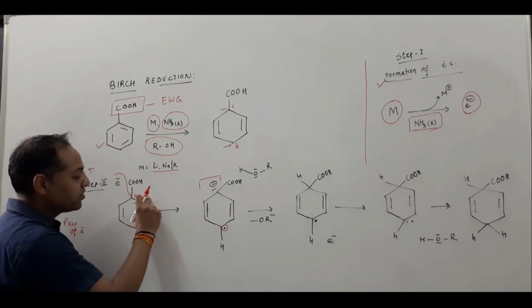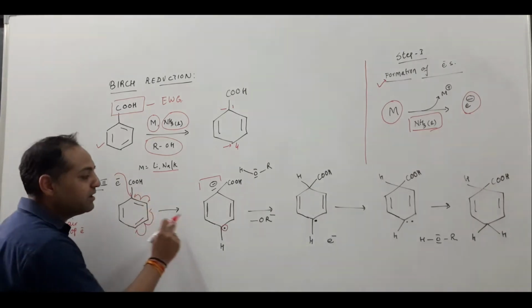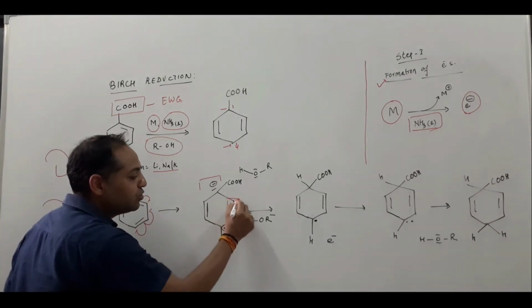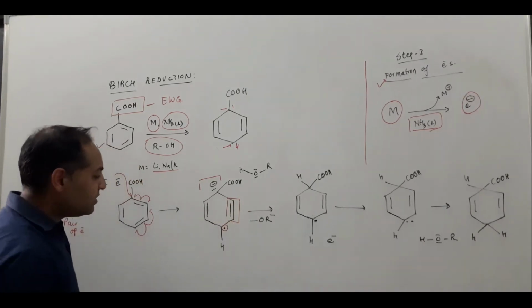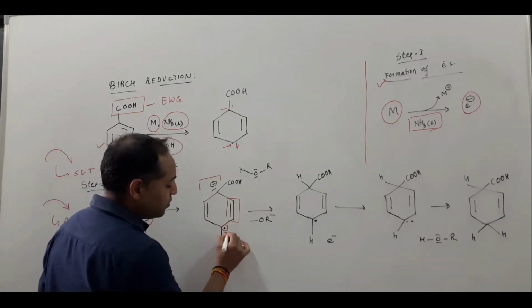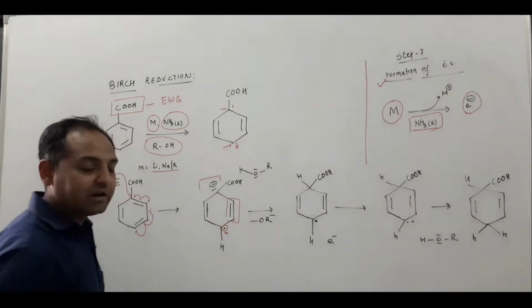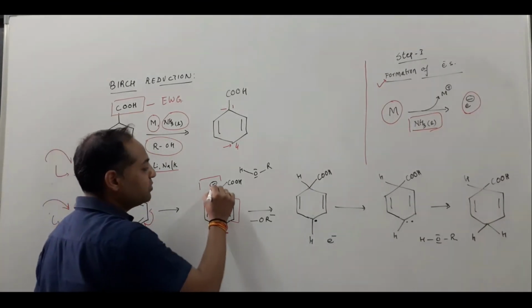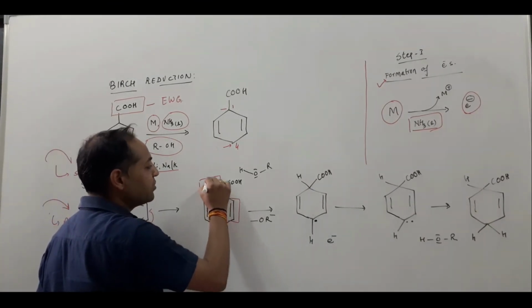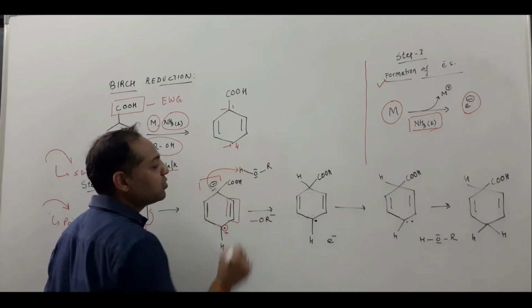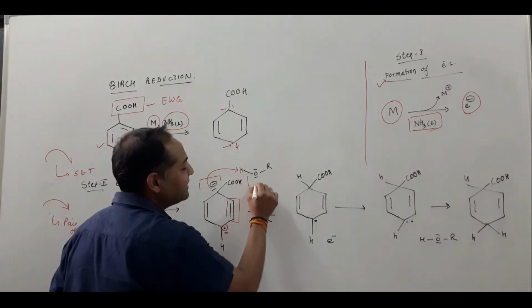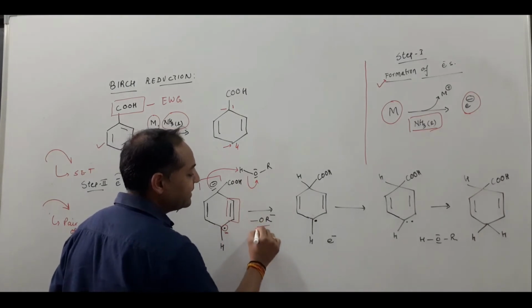So one electron from here and one electron from here will make a new pi bond. Okay, now one electron is available at the fourth position. Now this extra unshared pair of electrons accepts the proton from the alcohol, and the alkoxide anion is